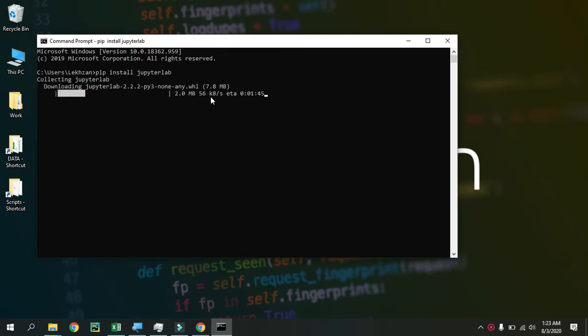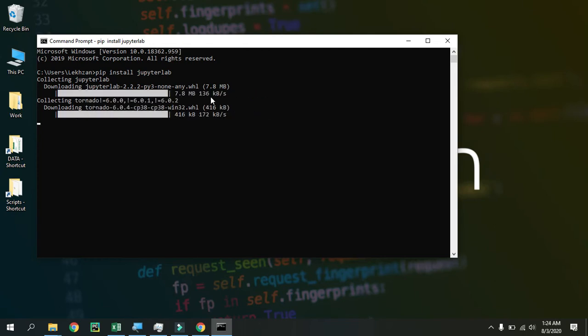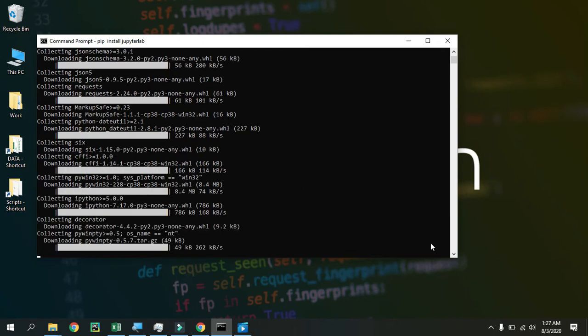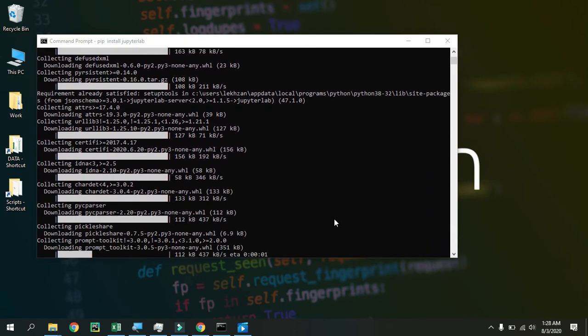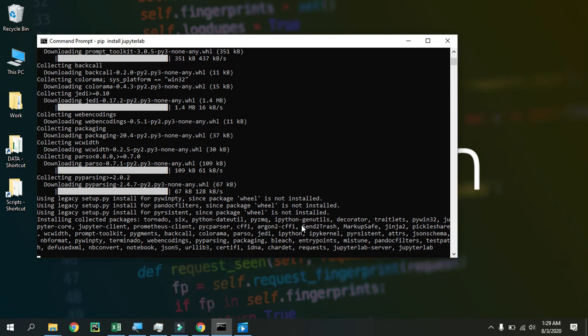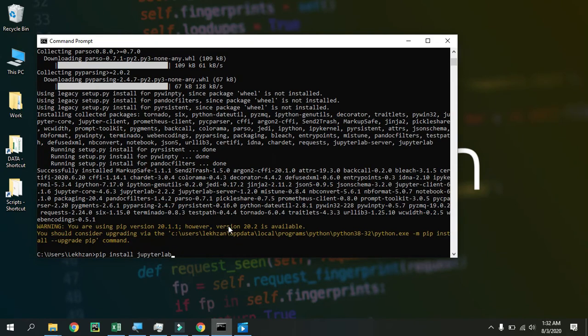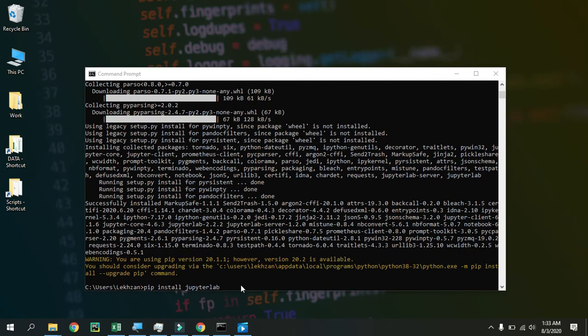So this is gonna get those packages and would install those packages inside our computer. Yeah, so we are done with this installation of Jupyter Notebook.